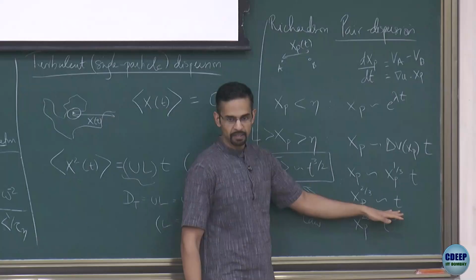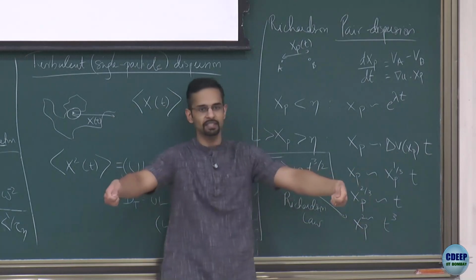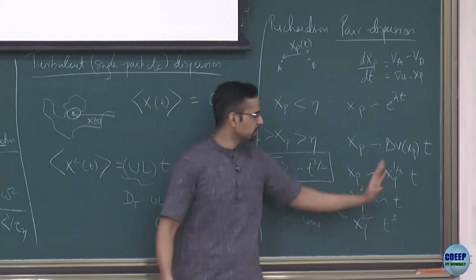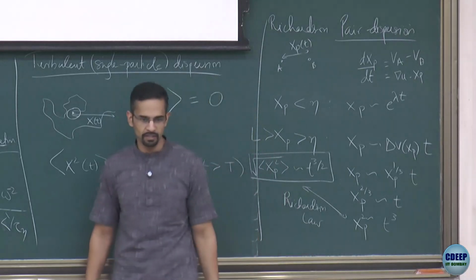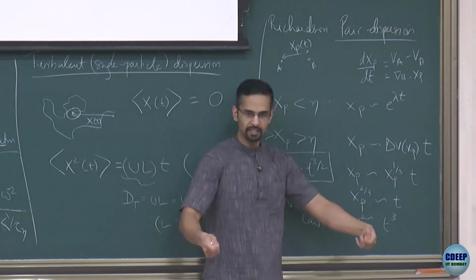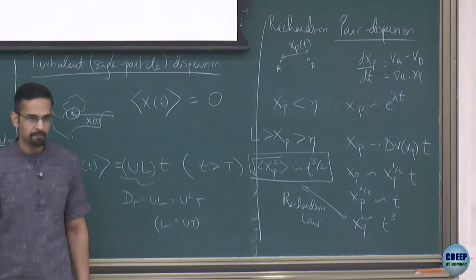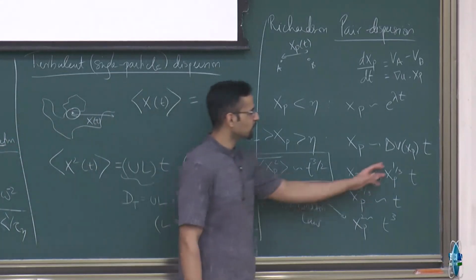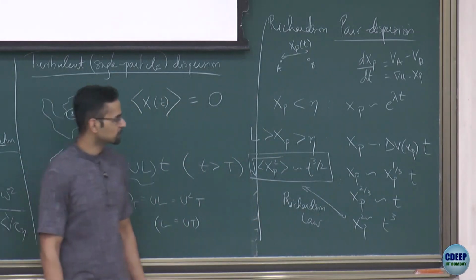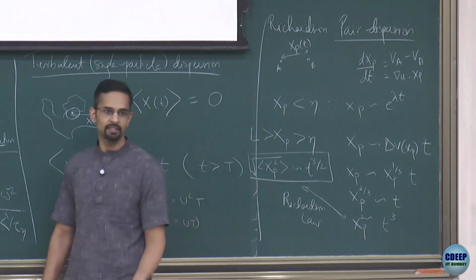If it's a constant, that means you just say the flow is random and uncorrelated. If the velocity differences at distance xp were just some random uncorrelated velocity, then you will just get xp going like some constant into t. But that is not the case. The correlations in the inertial range give you this explosive behavior. So this is a subtle thing. It's not just that the velocities at two positions have nothing to do with each other. It is because there is some correlation that you get even faster mixing than that situation of having a constant velocity difference.